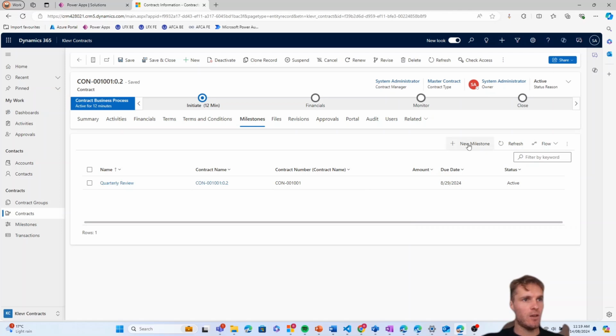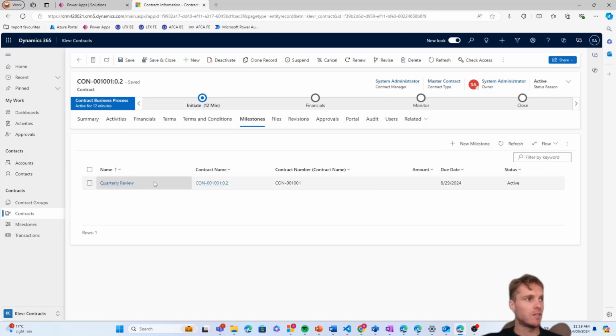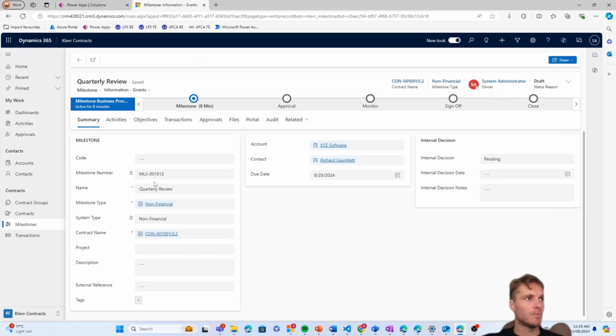If I wanted to create a new milestone, I can select the new milestone and it will create a new milestone that's automatically related with the contract record that I'm viewing. For today, we'll just select a pre-created milestone. Selecting the milestone will take me to the milestone details page, and on the left we have some milestone information,